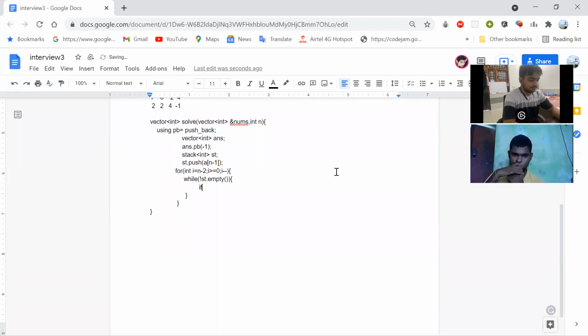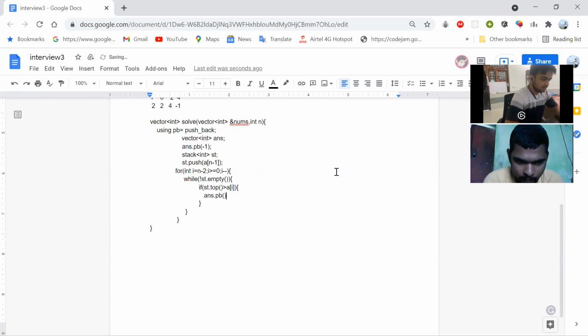If st.top, the topmost element, is greater than my current element, and my current element is i, then I don't need to traverse more. I directly push this element in my vector, answer.pb st.top.